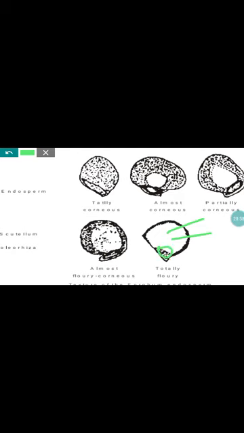Here at the base alone you can see a brown color marking, that is the embryo. Whereas some other varieties have a corneous endosperm. Corneous means it appears black or brown in color. That is blended with fibrous matter and floury matter. Both carbohydrate and fibrous matter will be available. It can be totally corneous, or partly corneous and partly floury, that kind of thing is also available.